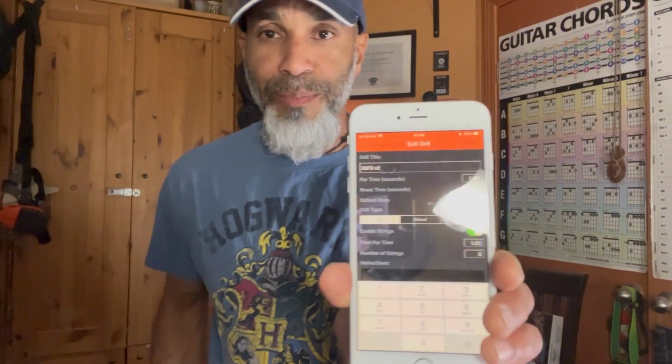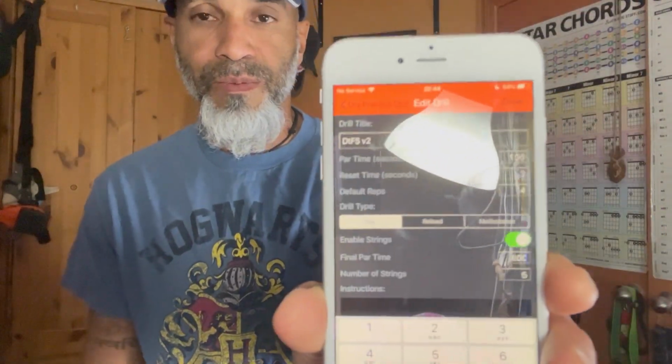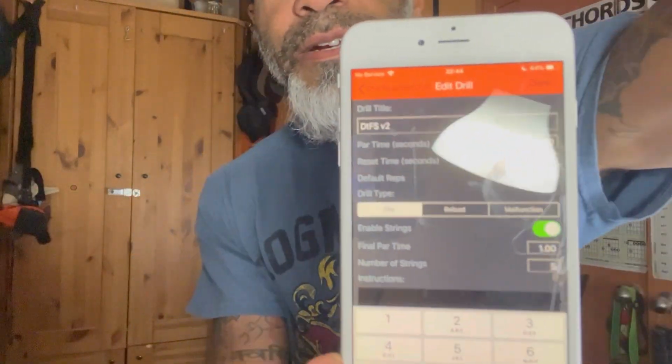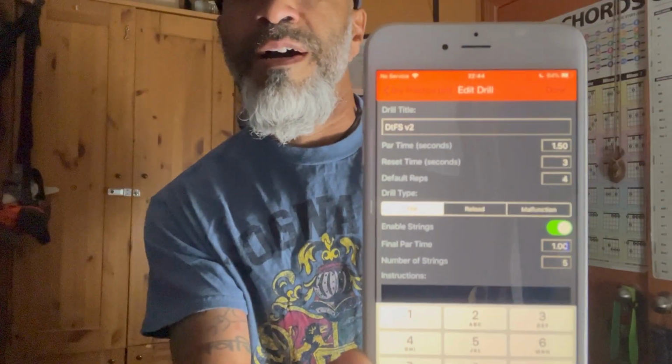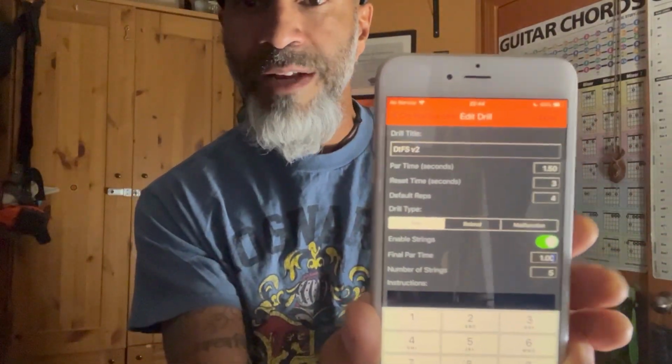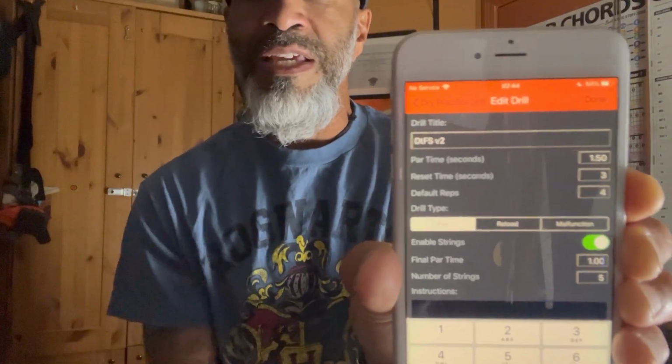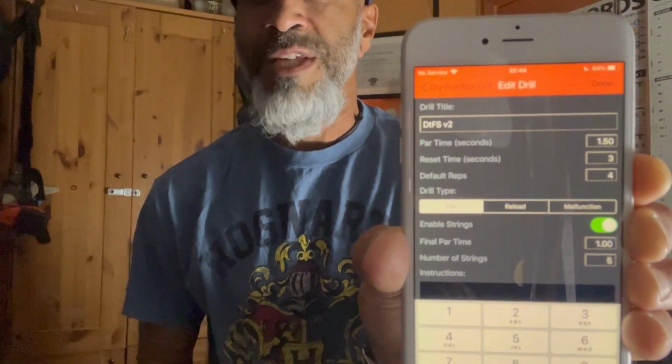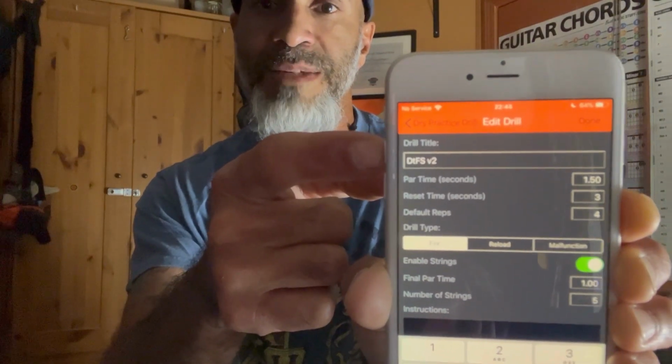Also, one of the things that the video introduced me to was this app, which, let's see if you can see it. Let me turn off this light here, get rid of the glare. There we go. It's called the Dry Practice Drill app. And if you can see, it allows you to do all sorts of customization to your par timer. It allows you to create a name for the specific drill that you can customize. It allows you to set par time. You can also set the tone. You can have a